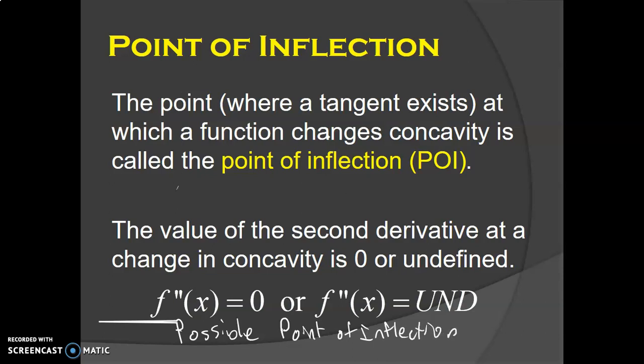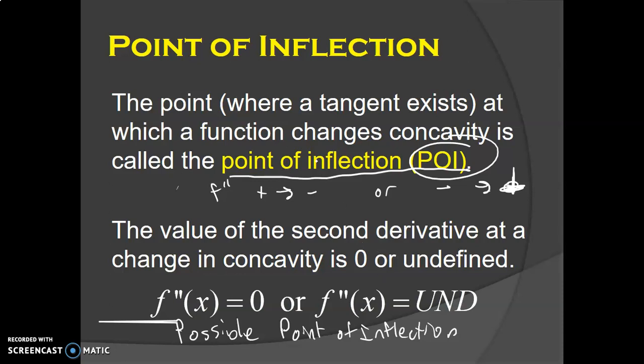We have to make sure that the concavity actually changes. If f double prime goes from positive to negative, or from negative to positive, it would either have to hit 0 or it would be undefined. And if it does change, that's what's called a point of inflection. You'll hear us refer to it as a POI. So a POI is where the second derivative changes sign, and it would hit 0 or undefined at that point